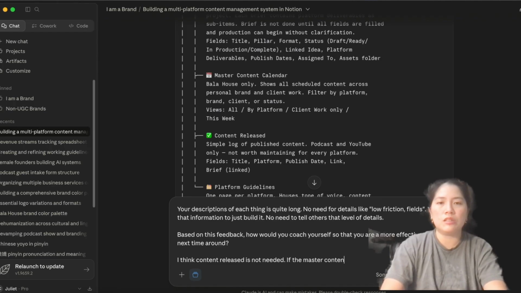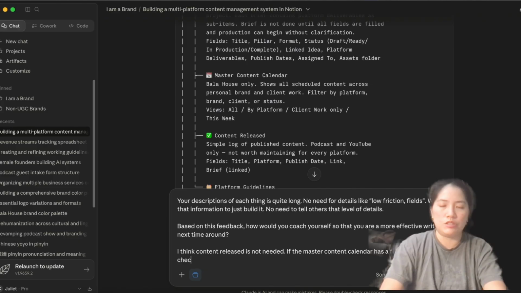If the master content calendar has a field with released or a checkbox, could help filter out